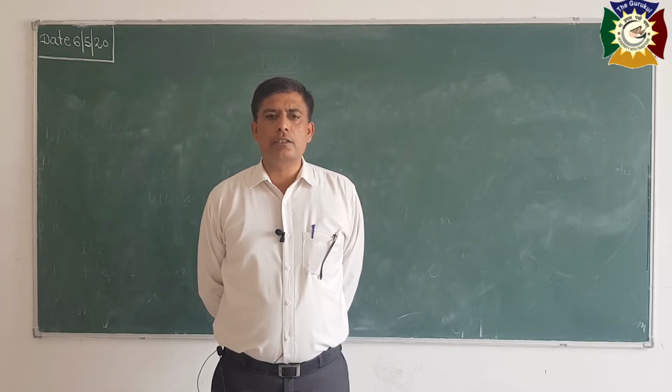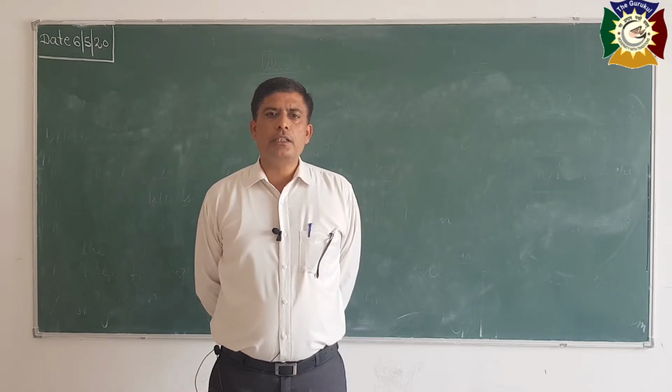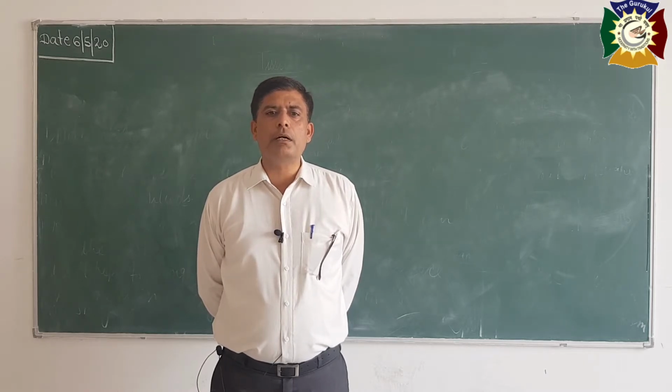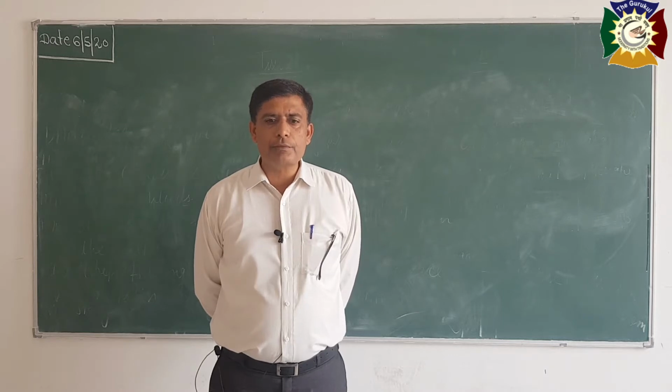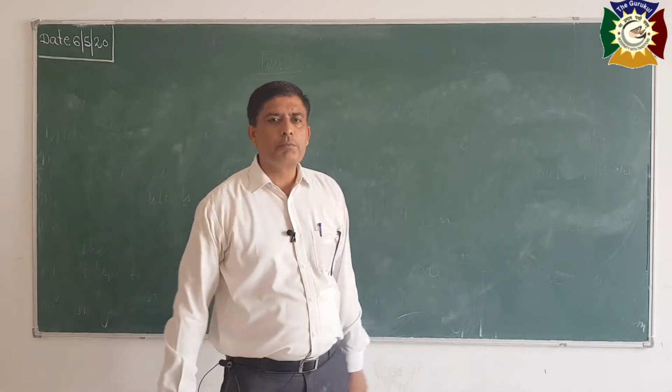Today we will study 12th accounts, and the topic is the second chapter, change in profit sharing ratio. In the earlier lecture we studied the various methods for calculation of goodwill: first, average profit method; second, super profit method; third, capitalization of average profit method; fourth, capitalization of super profit method. Today we will continue with the next topic, that is accounting treatment of goodwill and accumulated profits.